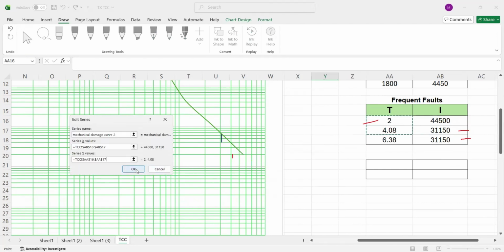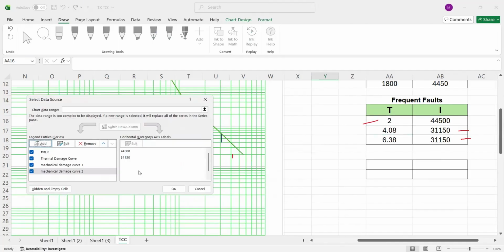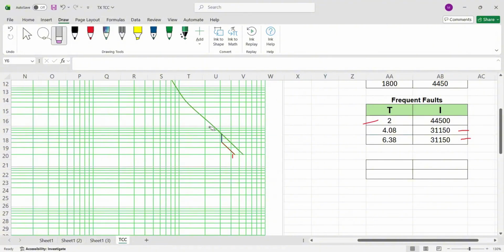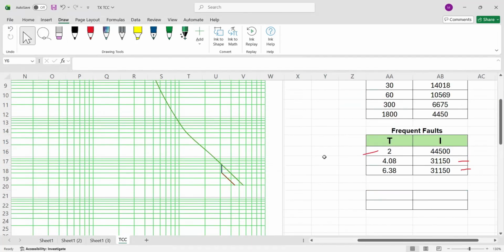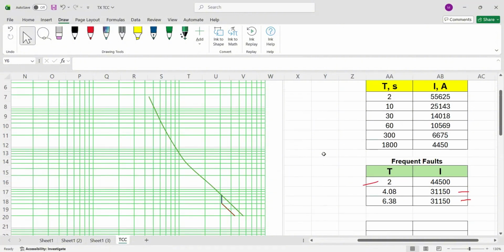So click OK, another OK. So you now have the straight line from 4.08 to 2 seconds. So that's all for our corrections. Thank you and God bless.